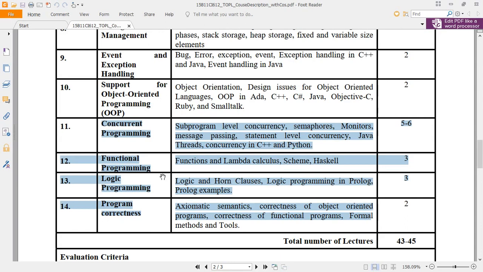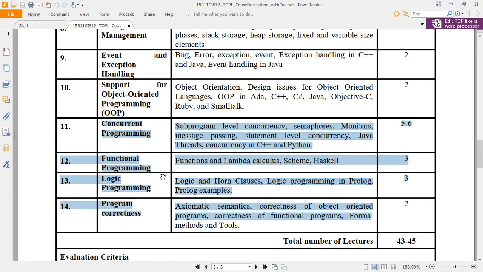So now in this lecture I am going to start with the concurrent programming. Please remember the concurrent programming lectures will go for, this is not the first and last lecture of the concurrent programming. However, 4 to 5 subsequent lectures will be there on concurrent programming, which especially deals with the multi-threaded programming in C++, Java and Python, and how the concurrency is maintained and how the message passing takes place, how the monitors and semaphores will work.